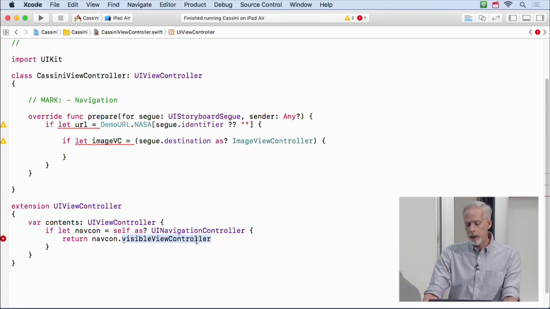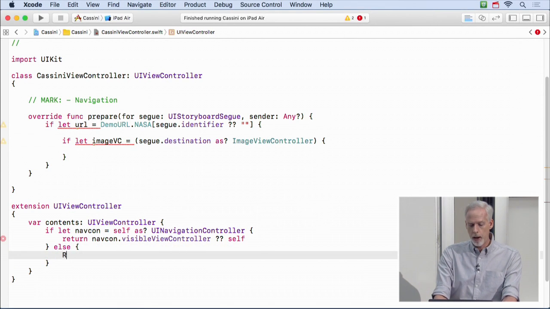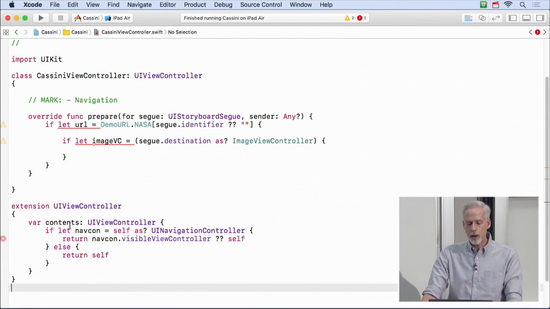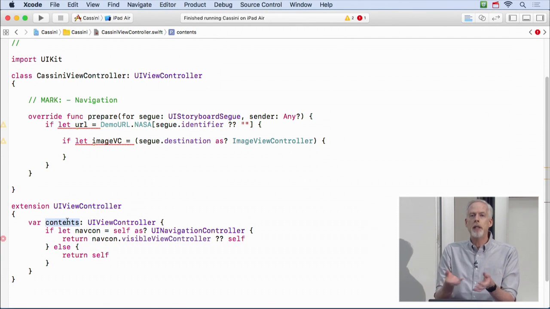Of course, visible view controller is optional because the navigation controller might not have any view controller in it at the moment, so I better have a default there, which I'll just return self. And then if I'm not a navigation controller, then I'm just going to return self. So you see how contents is showing the contents if I'm a navigation controller, otherwise it's returning myself, which is kind of cool for this situation.